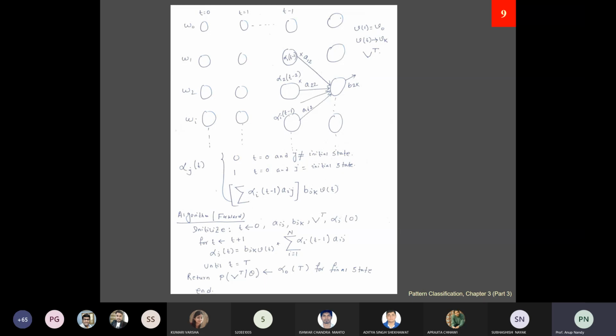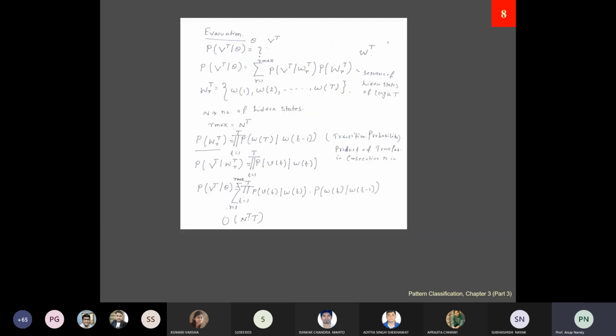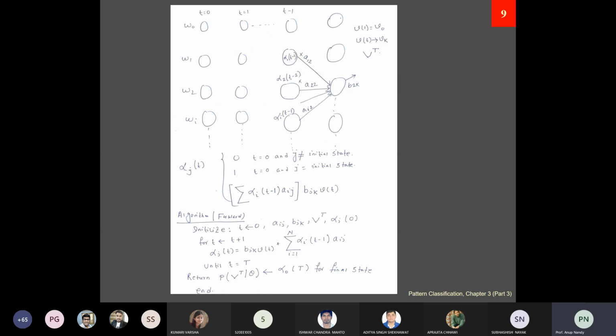So this is very simple and very intuitive. This is a conceptual, theoretical model, and you need to understand the basic conceptual model. Two things are very important: one is the transition probability, and the other is the emission probability. The transition probability is denoted by aij, and the emission probability is denoted by bjk. So these are the two terms that you need to understand.